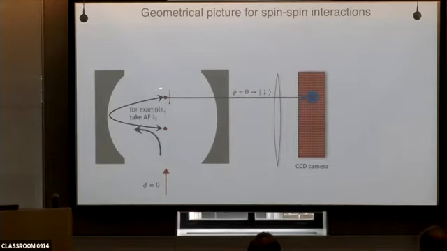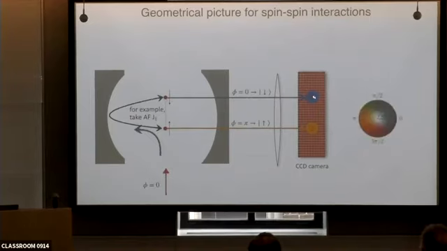And now let's say that there's an interaction between these atoms that is not just local, but also mediates some possibly sign-changing interaction. And for fun, let's just call it antiferromagnetic. That interaction would cause these atoms to be spin up, and because we've declared that this is the right mapping, then pi light means that it's spin up here, okay? So just by measuring the phase of the light coming out of the cavity, by imaging the light that comes out at the atoms, we can detect whether we have down atoms or up atoms. So we don't actually have to go in and measure the spin state of the atoms anymore, which is really hard to do. That's what traditional quantum gas microscopes do.